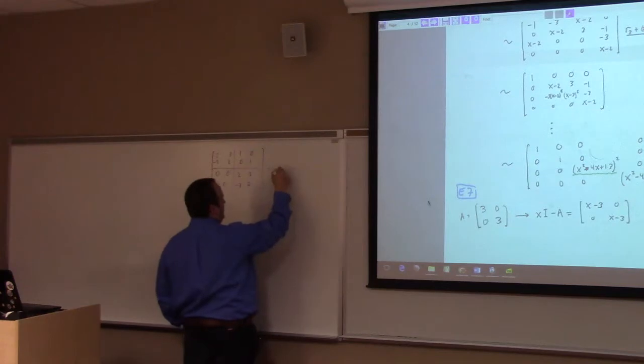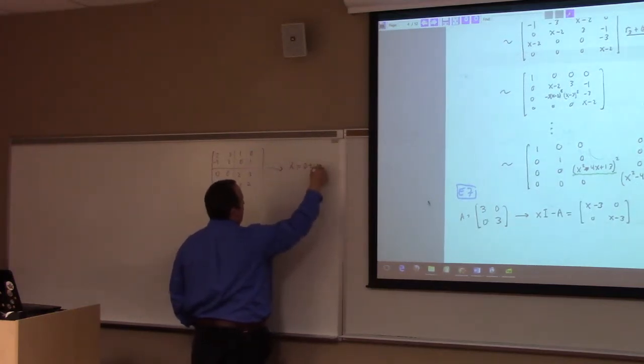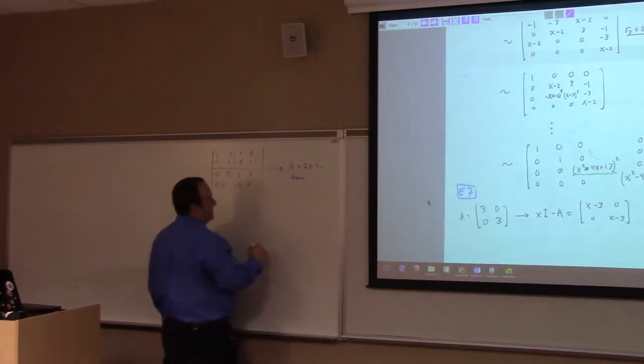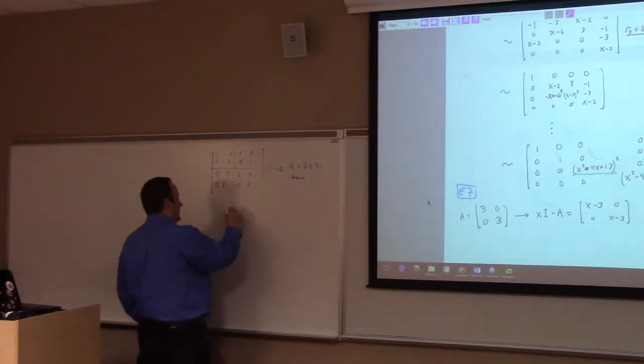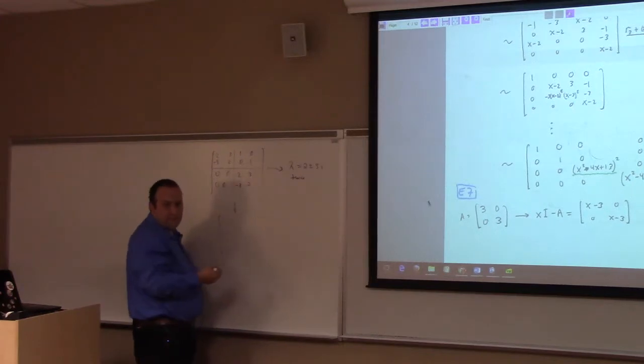So, like I said, this is eigenvalue 2 plus or minus 3i, right? Twice. And so the Jordan form over the complex numbers would be